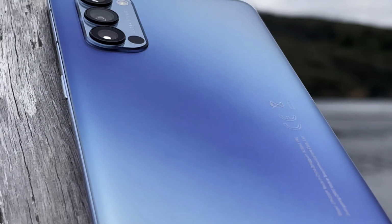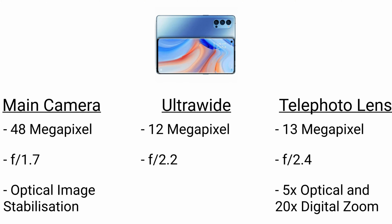Right, let's talk about the cameras next. Cameras are what everyone cares about these days, and the OPPO does a good job at covering the basics and a bit more. There are 3 rear-facing cameras here, a 48 megapixel camera that supports optical image stabilization, a 12 megapixel ultra-wide-angle secondary camera, and a 13 megapixel telephoto lens that supports 5x hybrid optical zoom and 20x digital zoom,